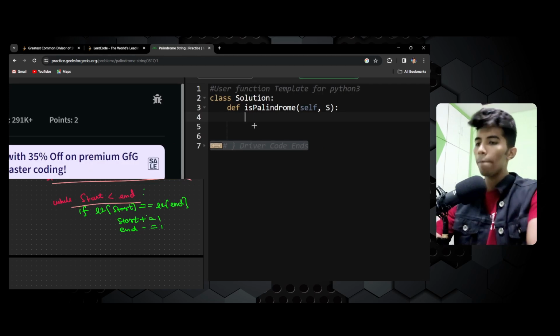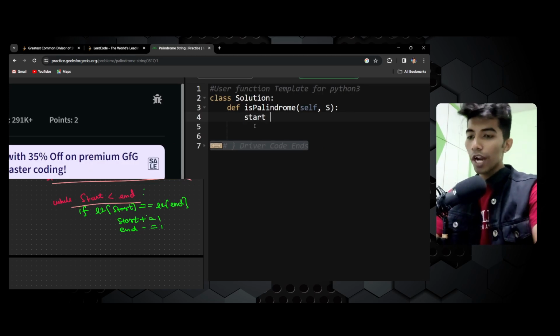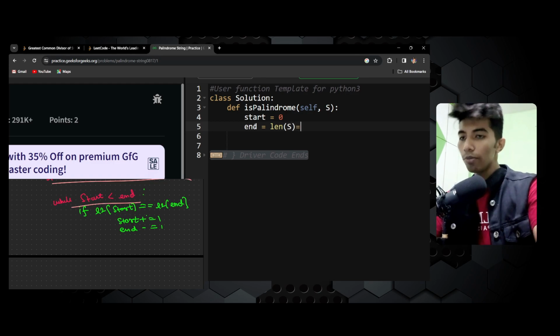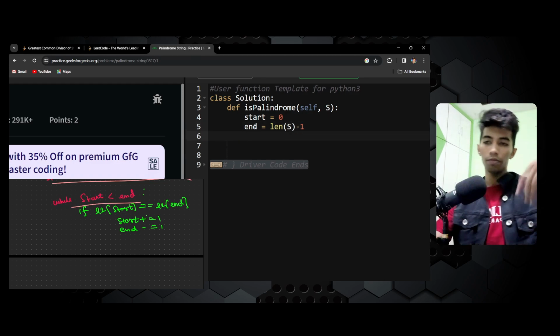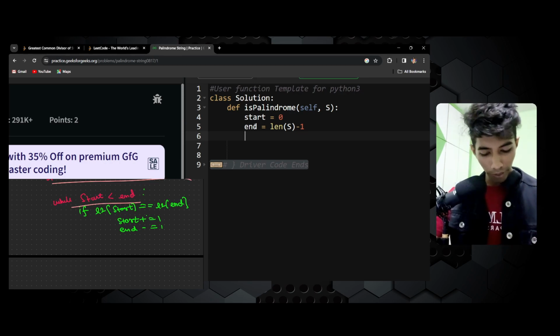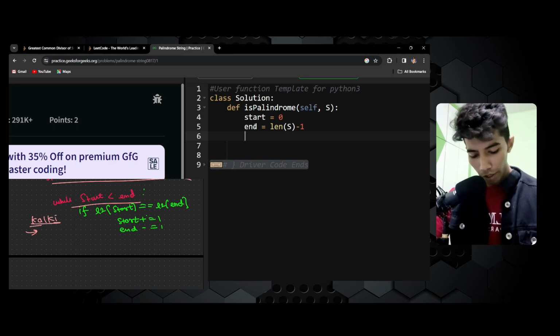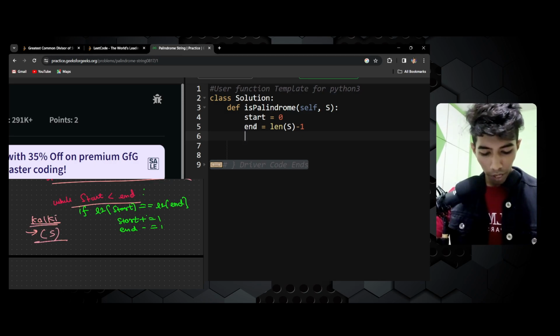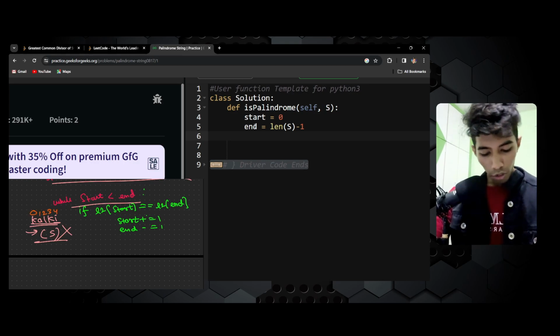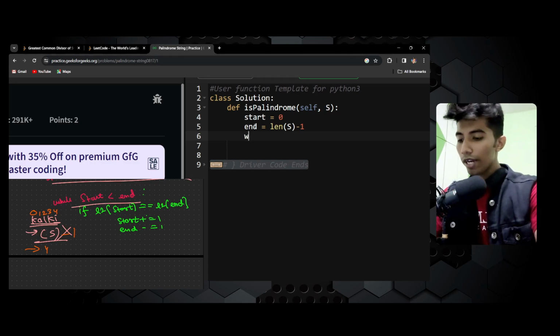Okay. So now what I have to do, I will create one start pointer here, and this start pointer will be at 0, and one end pointer which will be at length of s minus 1, because I have to take the index. If I will not write minus 1, then it will return me 5, and index 5 does not exist because we write index like 0, 1, 2, 3 and 4. So I have to write minus 1, so I will get 4. Correct? Like this I will write,